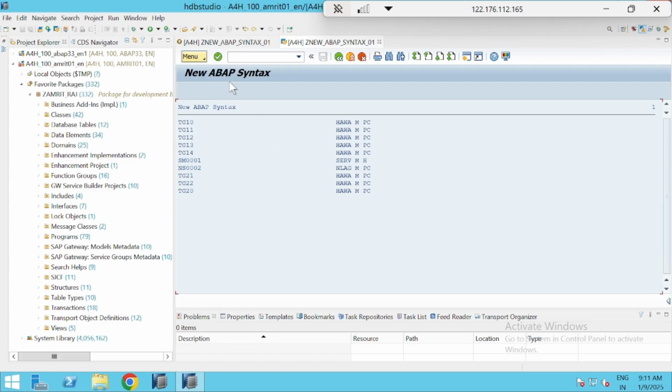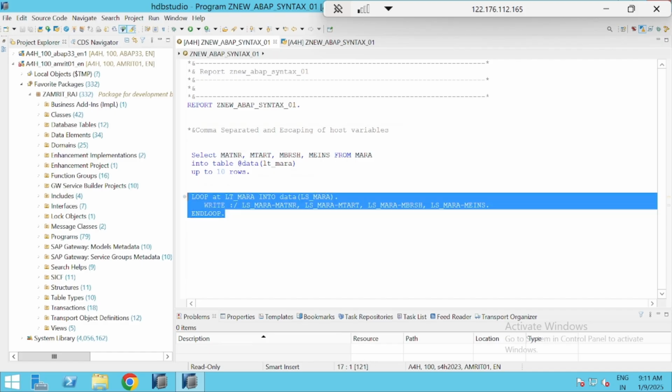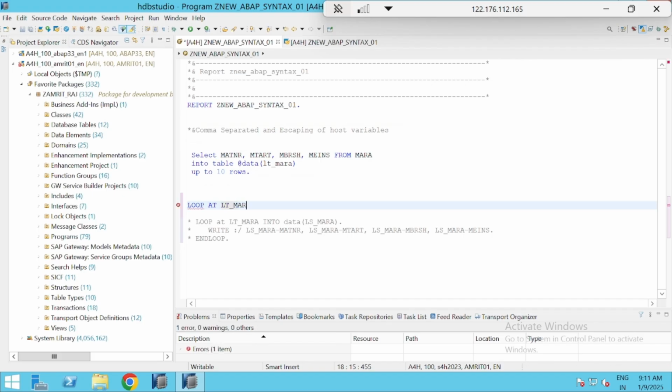Same thing I can also do for field symbol also. So if I don't want loop, I'll go for Ctrl+7 to comment, and then I will go for field symbol, loop at lt_mara assigning